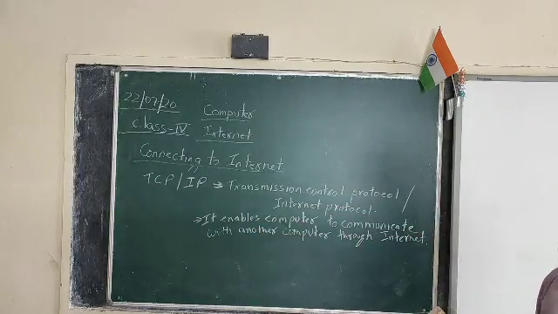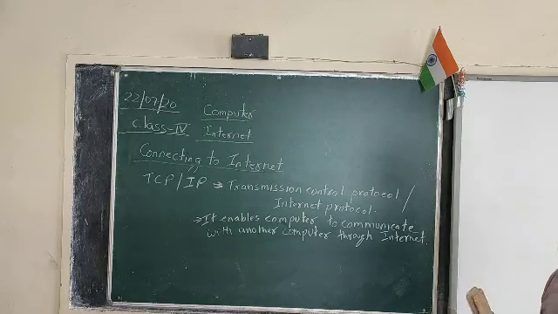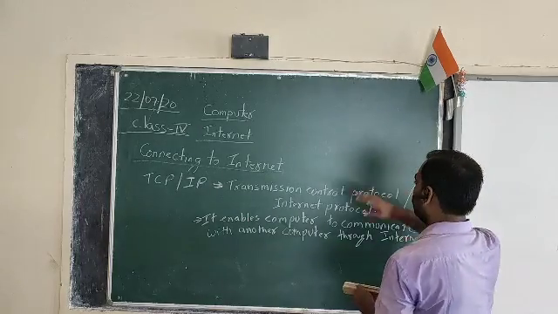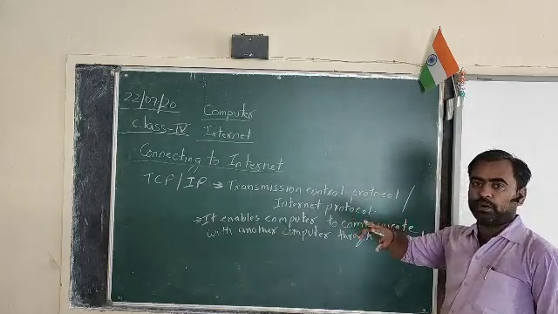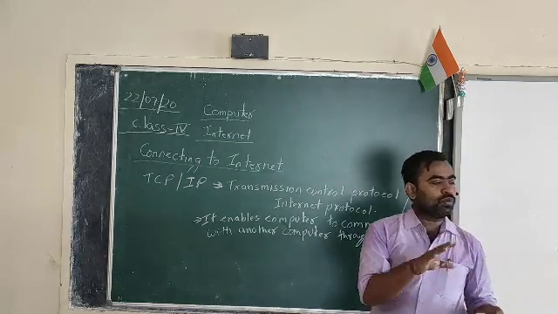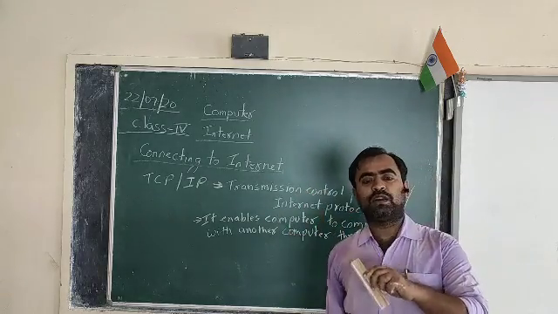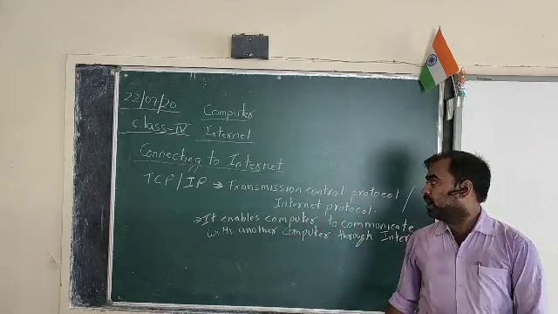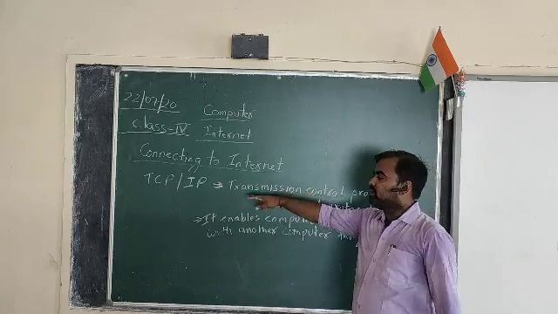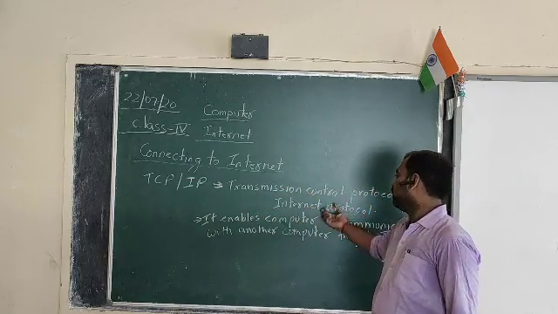Already we have discussed the internet softwares. The internet access softwares are essential to set up and control the connection from the computer to the internet, and it has two important parts. One is dialer software, which asks the modem to dial the telephone line number to the ISP, and then the ISP connects you to the internet. Whereas the second one is TCP/IP software, that is Transmission Control Protocol or the Internet Protocol.